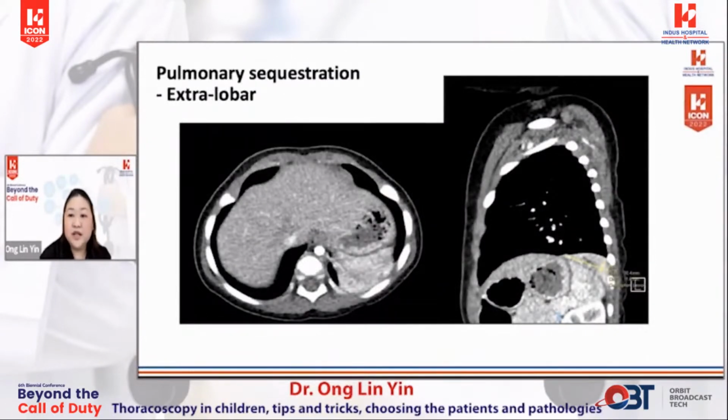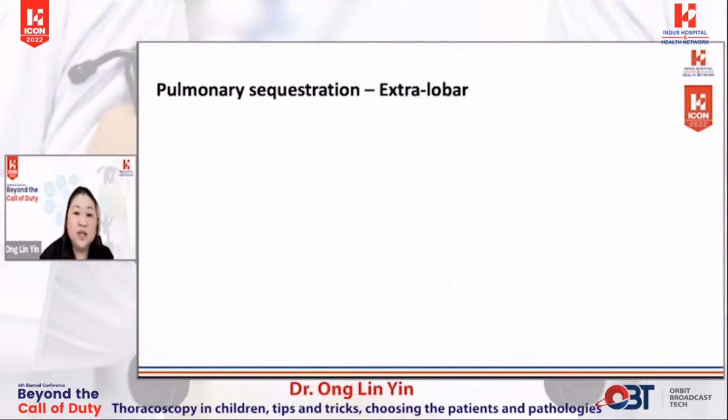This is a 1-year-old with an antenatal diagnosis of a lung lesion. This lesion was noted to have a feeding vessel, making it extralobular sequestration. This lesion does not communicate with the airway and is of low risk of infection, and some of these have been known to resolve spontaneously during the first year of life due to diminishing blood supply.